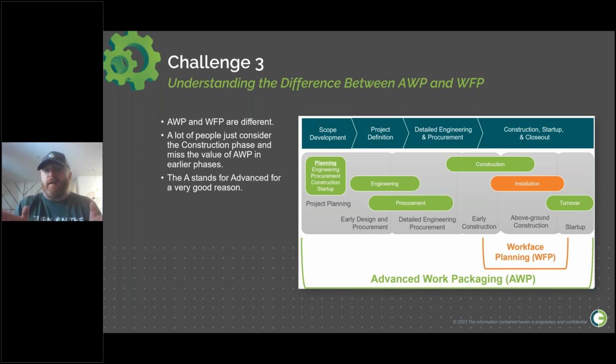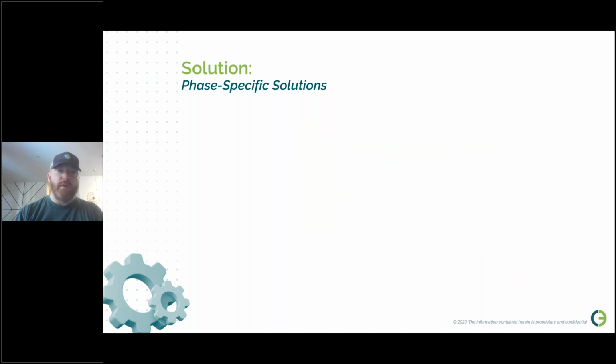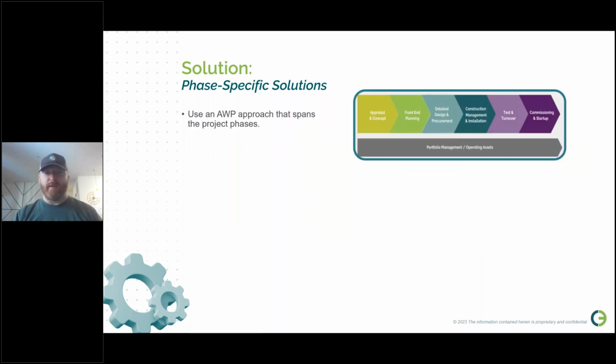So that's where it all started. It started with work phase planning, and then there was this drive to sort of pull it back into the engineering stages because they realized the value is going to come from aligning engineering with construction. The A stands for advanced for a very good reason. It's best to start early. So what you need to look for here is what we would refer to as